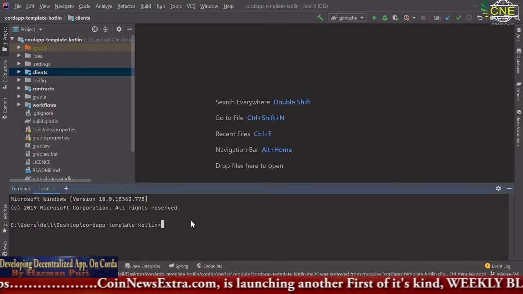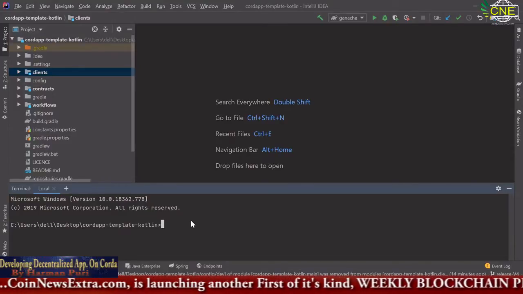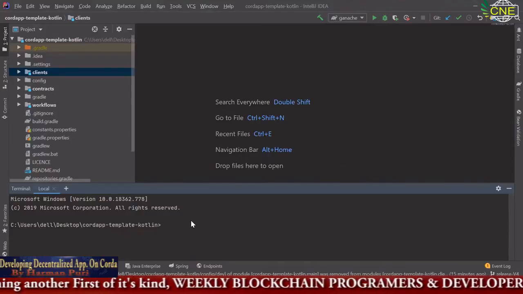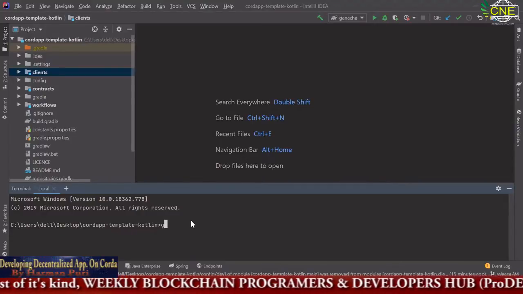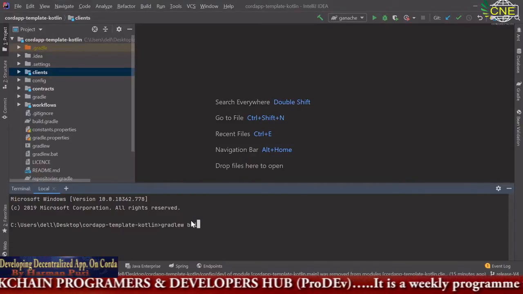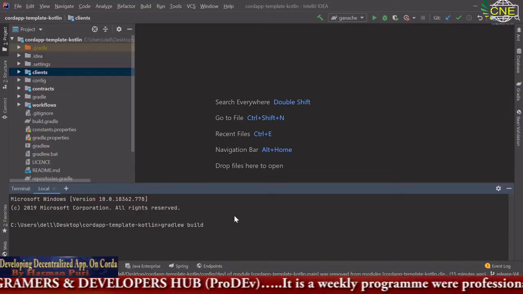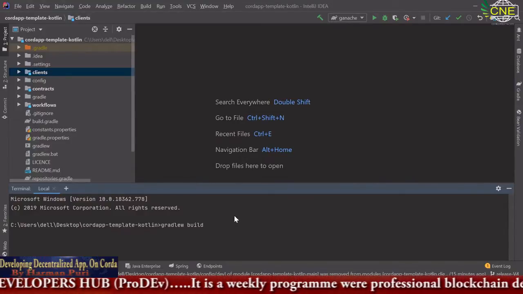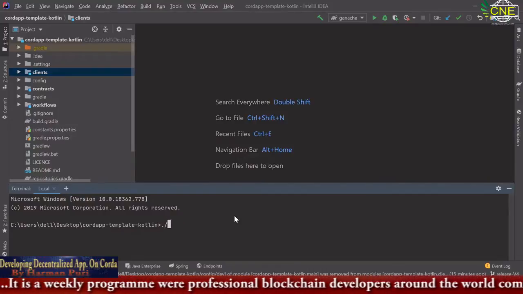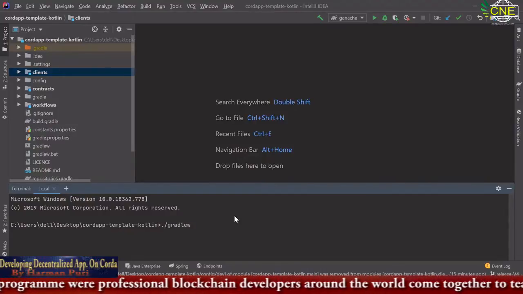There are basically four commands that you need to remember, which will be used very frequently. In Windows, it is gradlew build. In Linux or Mac, it is ./gradlew build.